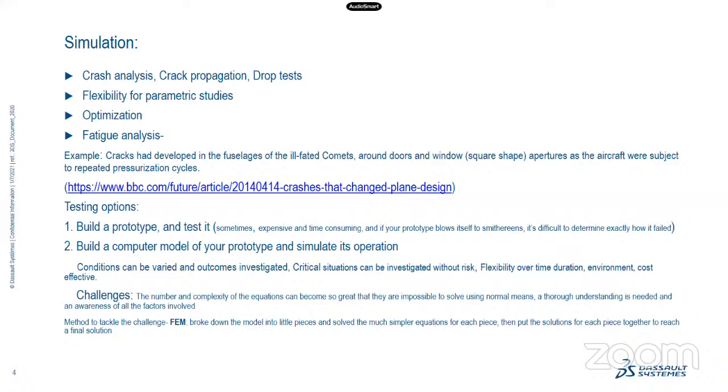But after some crashes, what happened in industry, like aircraft, for example? We can see in the public literature about the Comet crash. That crash happened because of the stress concentration at the square. They were using a square window, and near to that one rivet was there. So the crash happened due to the durability load.